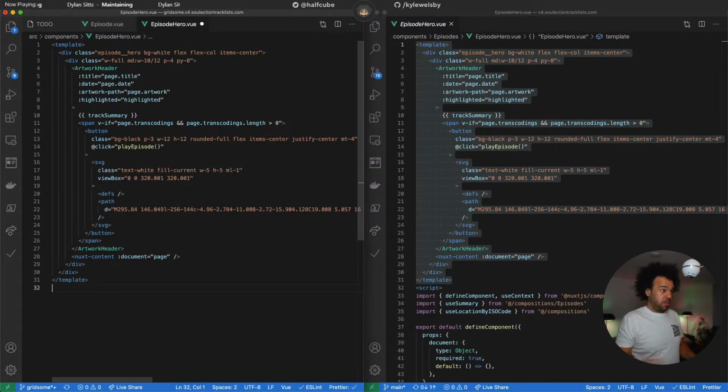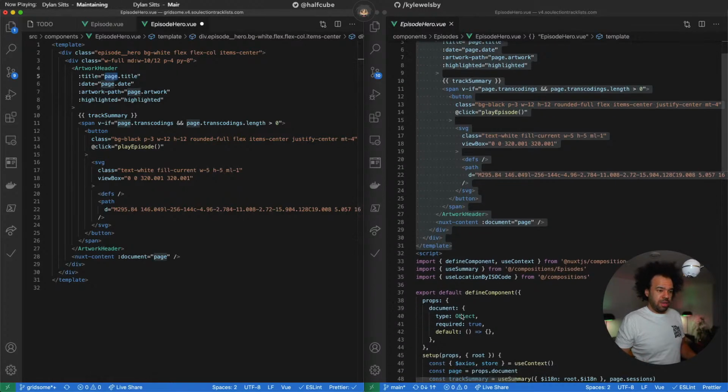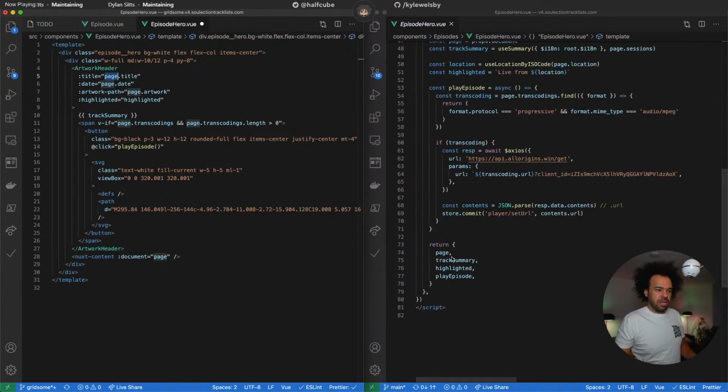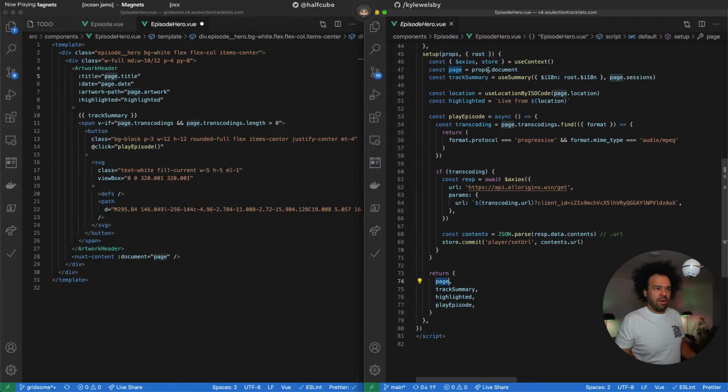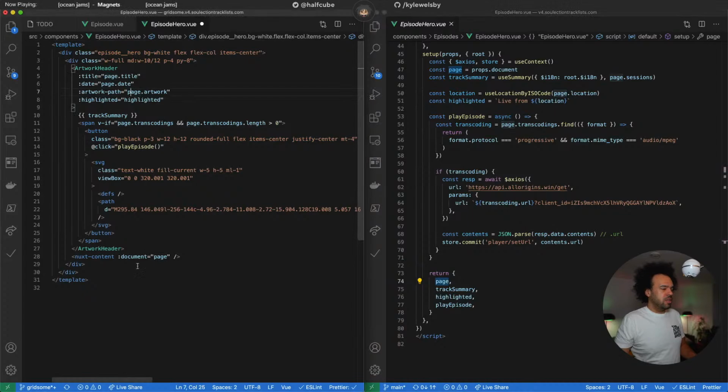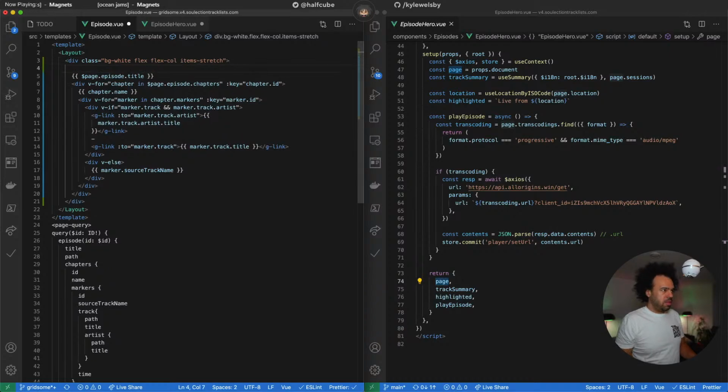So the first thing is we're seeing this page being passed through, and I need to, okay, it's a document. And I think episode hero, it's the episode we want to pass in, the full page episode, which is all of this data, and then we can do the process on it. So then stop this weird naming and pass through the actual episode. We need to